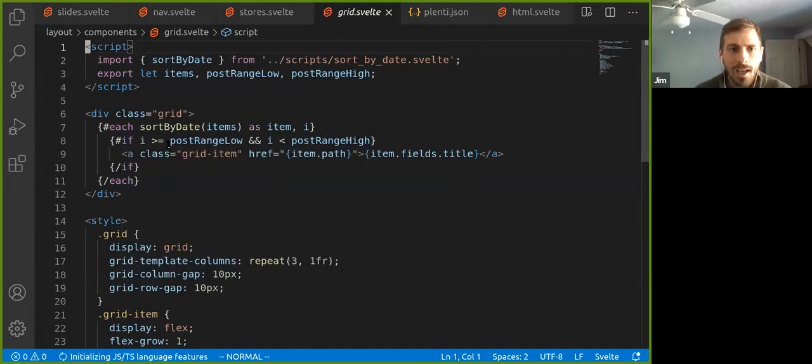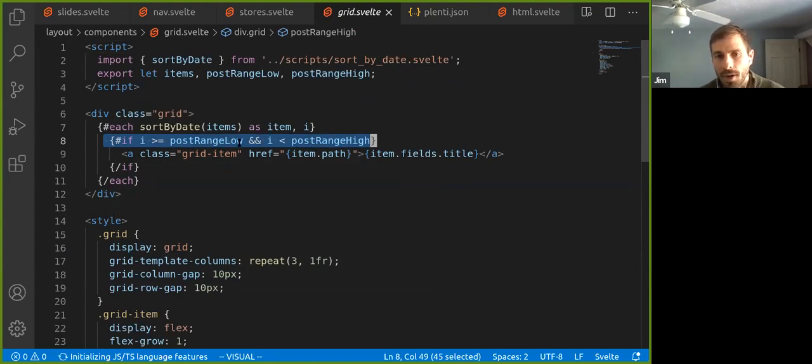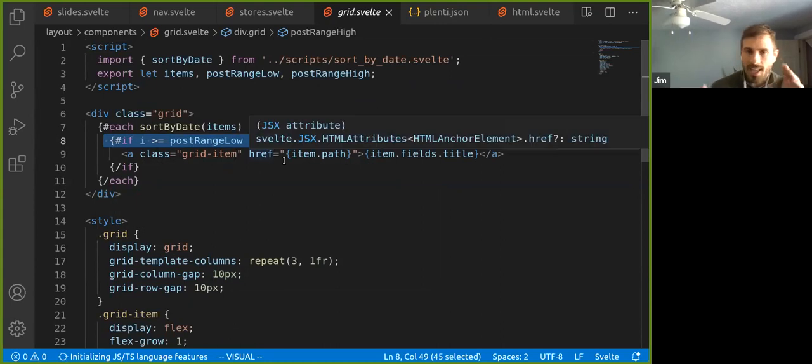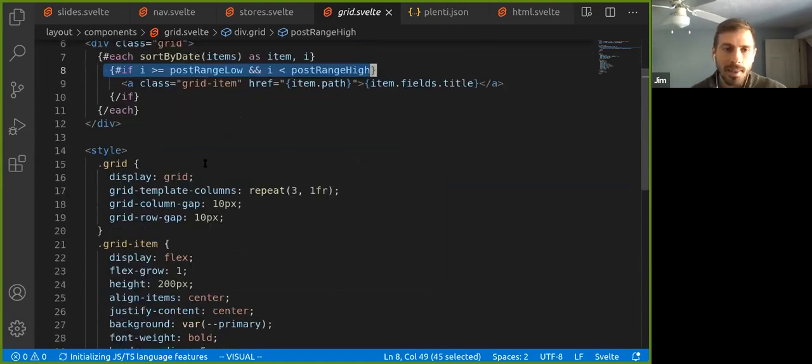We say, hey, actually, it's been a while since I looked at this, let me make sure I'm not screwing this up. But we're saying, okay, we're sorting by items, and then we're setting some parameters around making sure that our incrementer here is within the range. Actually, no, sorry. This is displaying which items should appear in that grid. So make sure we have the first through the third blog post, and then the next page would be the fourth through the sixth blog post. So that's what that's doing there.